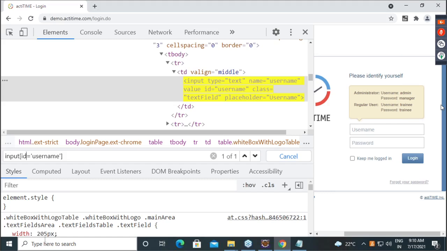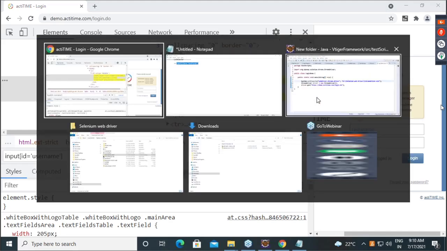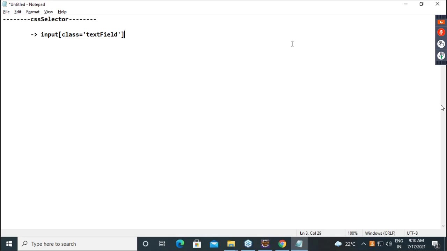This is the traditional way. Now, if there is ID and class, then guys, observe this. There are some shortcuts in CSS selector for ID and class.